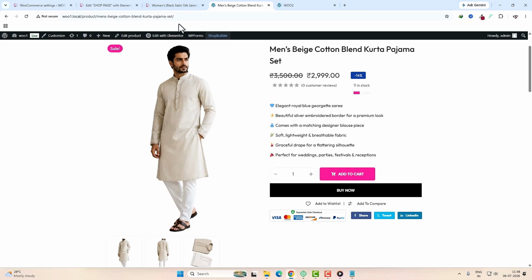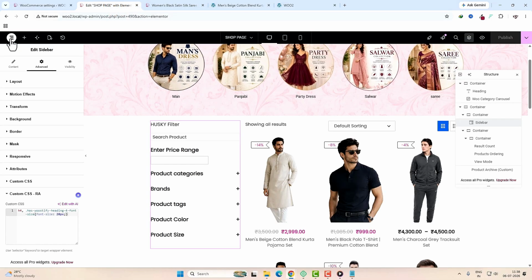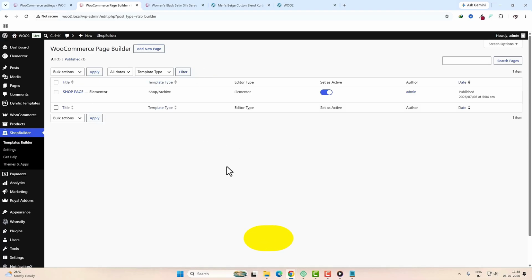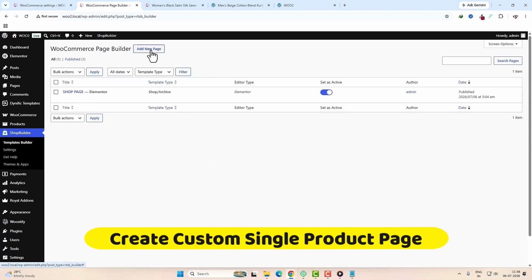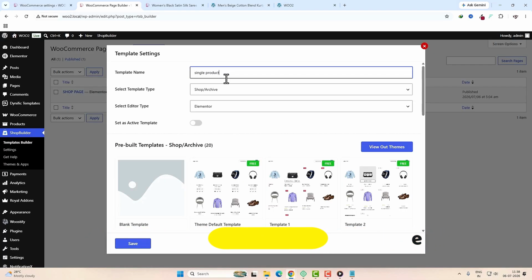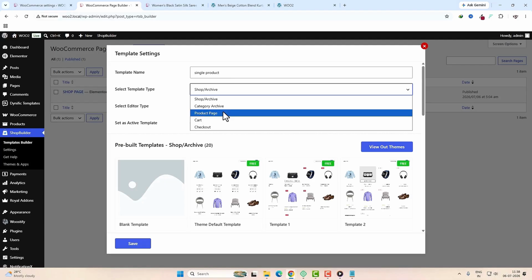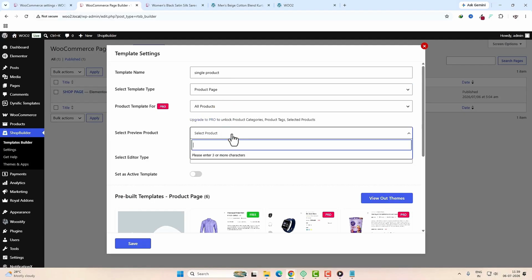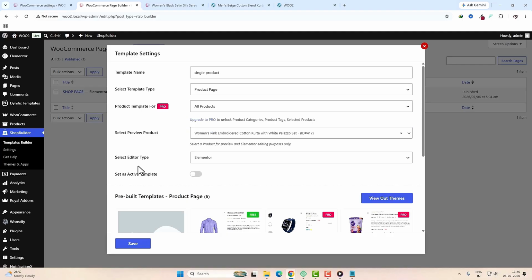Okay, so for that, again come back here, click on this, click on exit to WordPress. Again, I have to click on this option. Now from here, you have to click on add new page. The template name I'm giving single product, and from here I'm choosing product page. Now select preview product. For which product you want to select the preview, let me search for any women's product. Suppose I'm choosing this one. After that, set as active template. Yes, I want that. Click on the save option, and after that